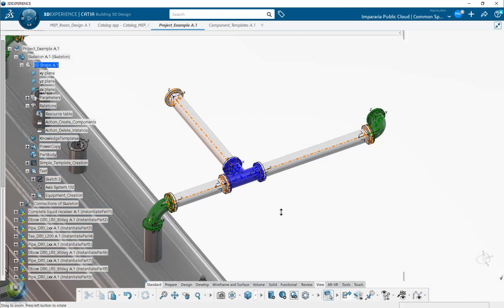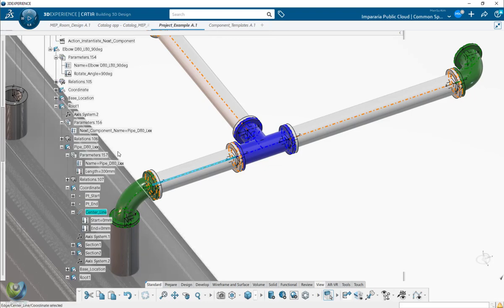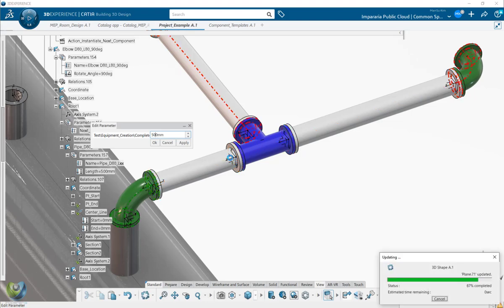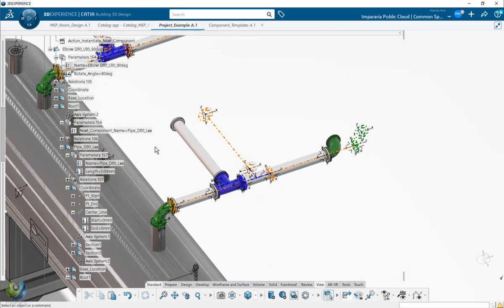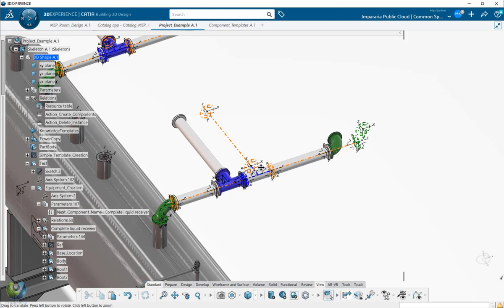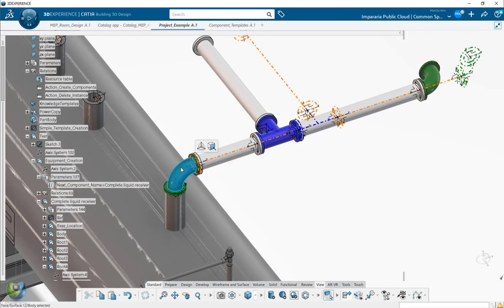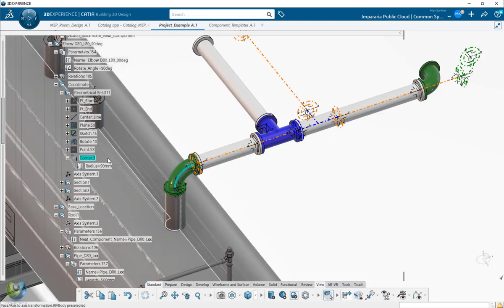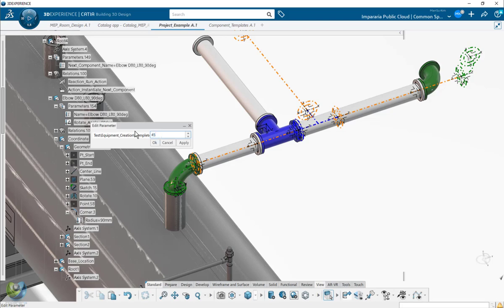So all the modification should be done in the skeleton. For example, now I want to change the distance here more. So 500. So this will be instantly moved here. So the skeleton is changed, and maybe let's change the angle as well. So the angle should be here, like 45 degrees,